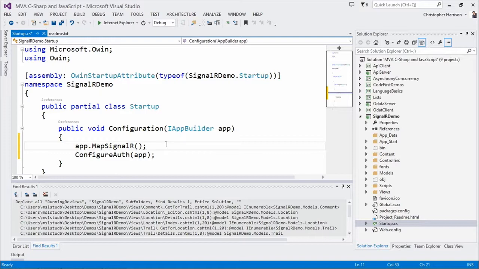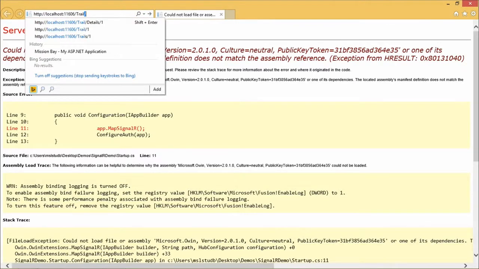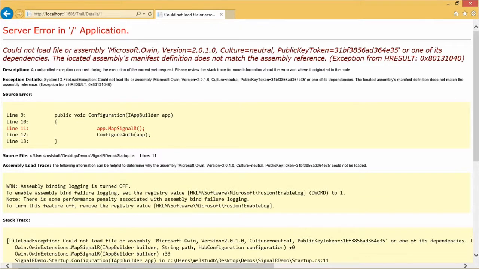Let's focus our attention first on the server and on my little scenario here. So let me launch this, and let me go to Trail Details 1, and